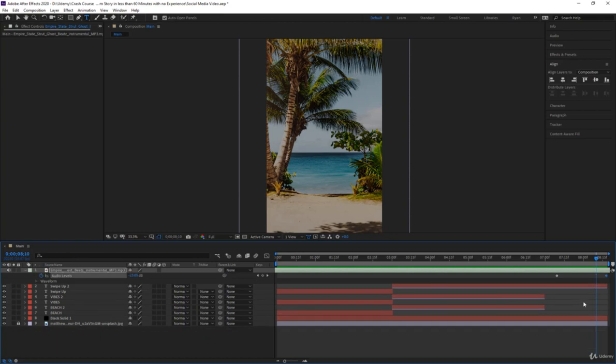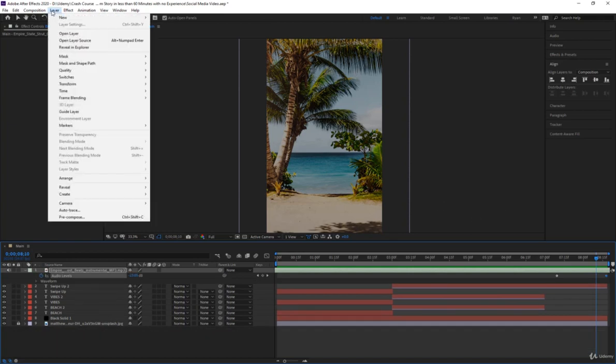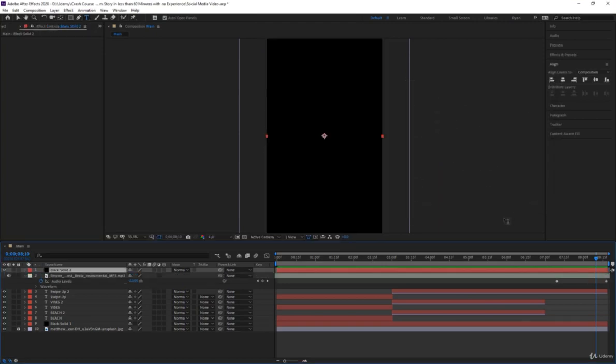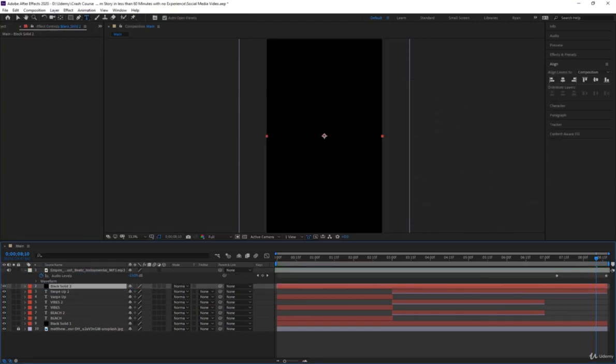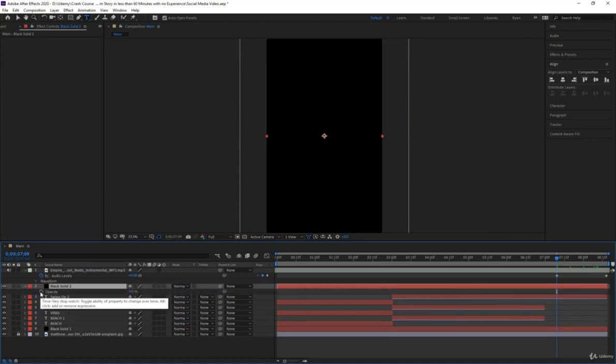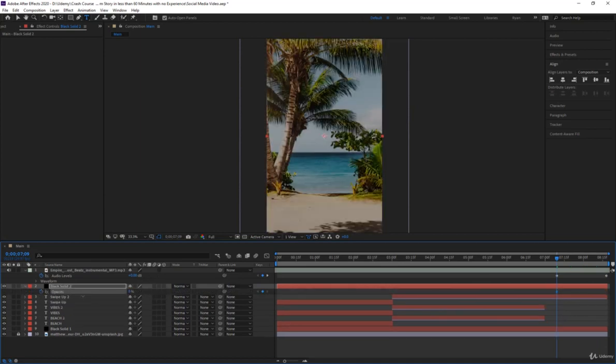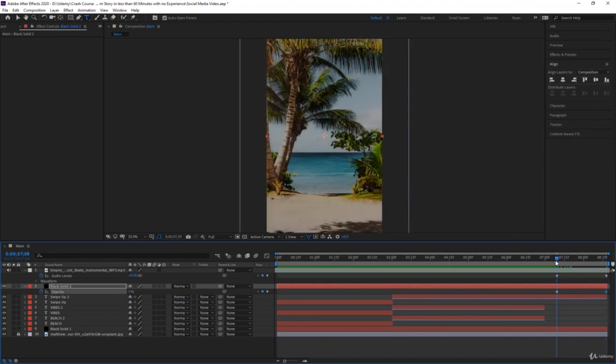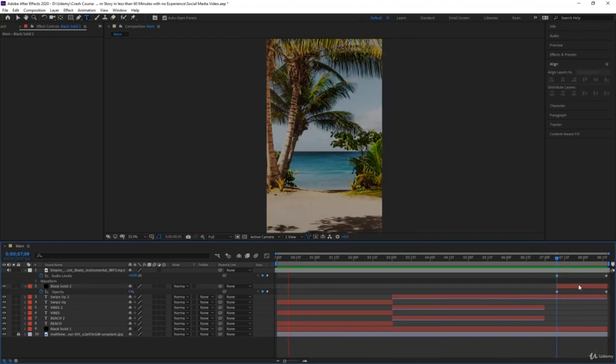Finally, if you wanted to add like a little fade to the story, you could just go to layer, new solid, and create a new black solid, and then bring this down, and then maybe press T and keyframe to 0 opacity, just a bit from the end, and then go right to the end and increase the opacity. You can trim this layer down as well if you want, and then you can get